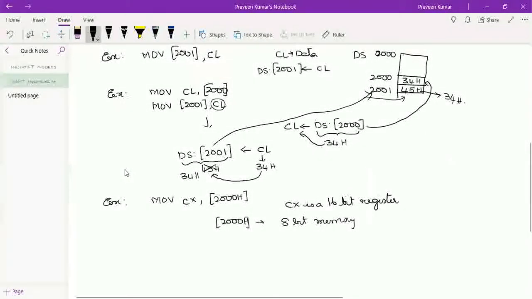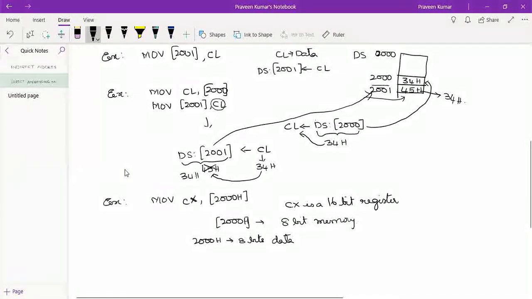So each address has 8 bits of memory allocation. If I say 2000H, it contains 8 bits of data, and from our instruction we are moving into CX the data available in 2000.